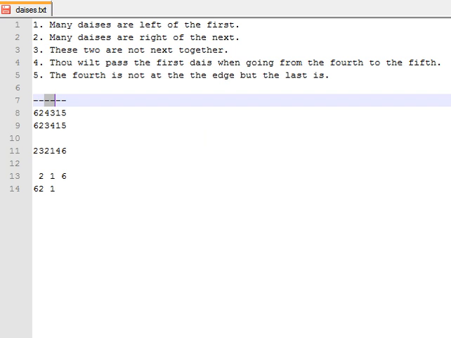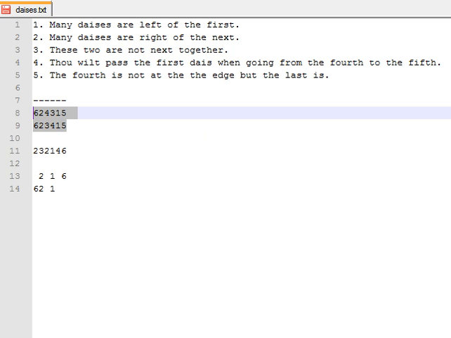Whatever, we're just gonna have to go with it. These are our solutions that we're gonna have to try. 1 and 2 aren't together past the first, going from the 4th to the 5th. 4th is not at the edge, but the last is. We're just gonna have to go with these solutions, and if it doesn't work, then